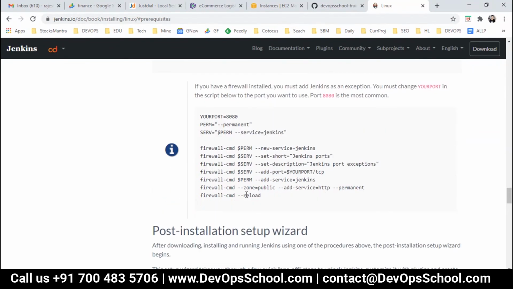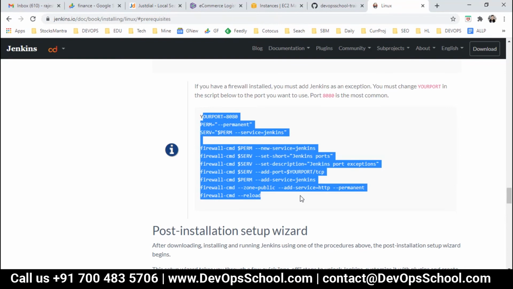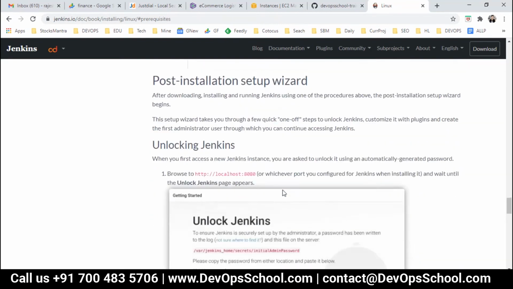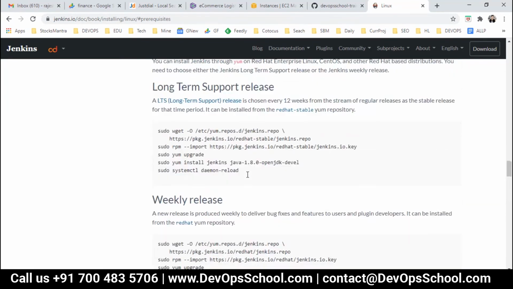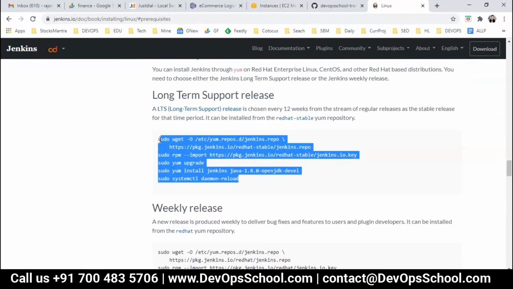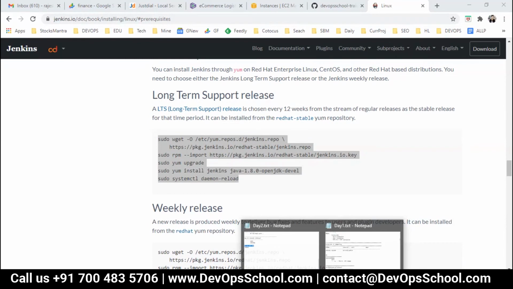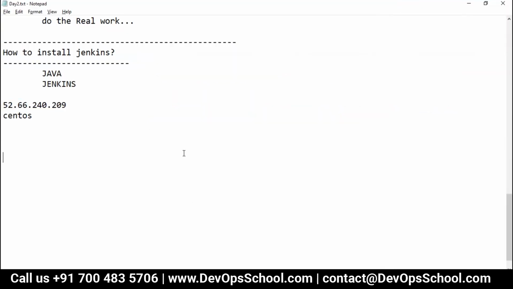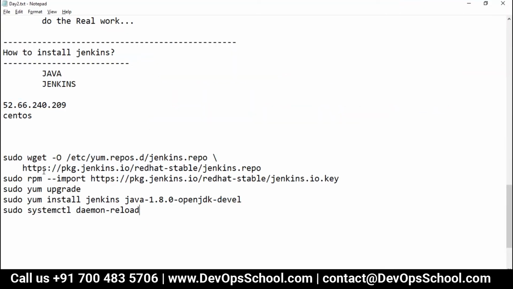Again, the 8080 port needs to be opened up. For the time being, I have opened up all the ports, but if you want to work with it, you can do that. So right now, not many things are required. I'll go for the long-term release, which is here, click on it, copy paste, and done.